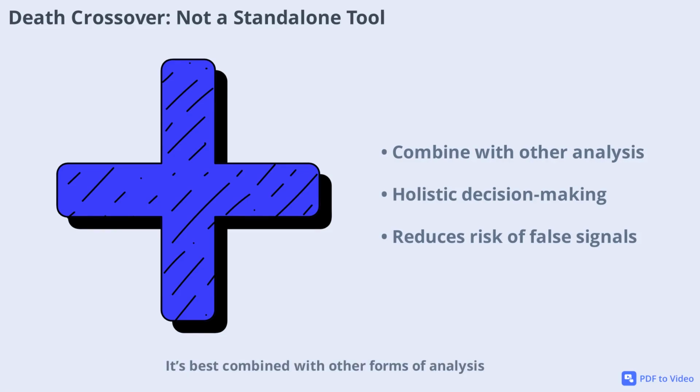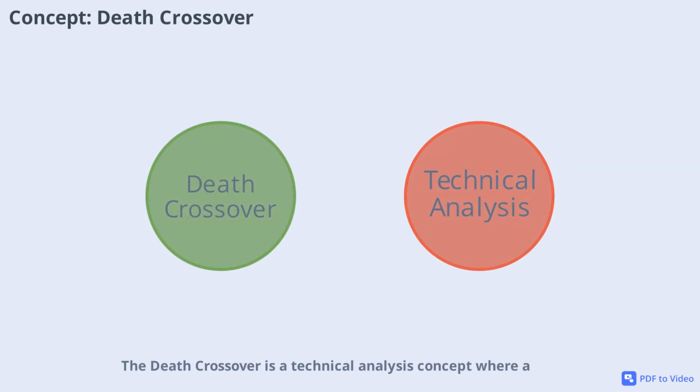It's best combined with other forms of analysis, such as fundamental research or sentiment indicators. This holistic approach ensures that trading decisions are based on a complete picture, reducing the risk of acting on misleading signals. The death crossover is a technical analysis concept where a stock's short-term moving average crosses below its long-term moving